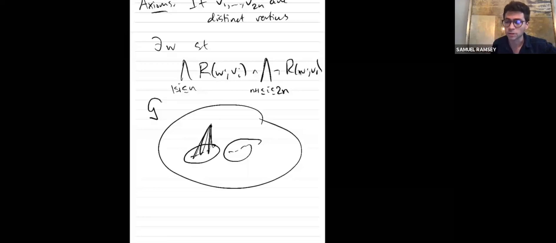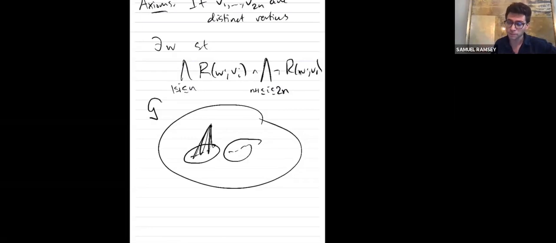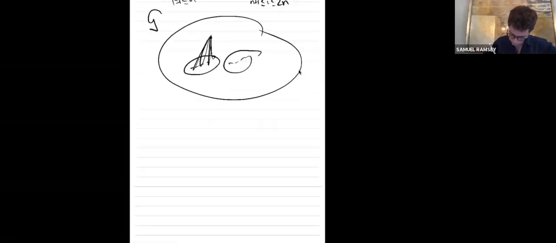And this is something that you can give yourself as an exercise. Prove that there's no interpretable partial order in the structure. But nonetheless, it does have the order property. And how do you see that? Well, in G, you can find